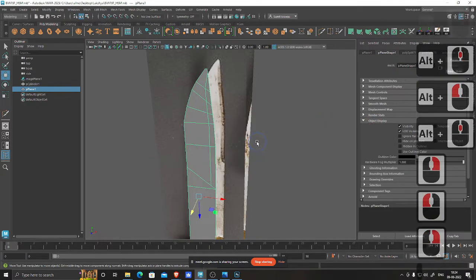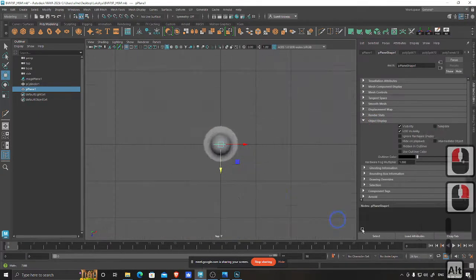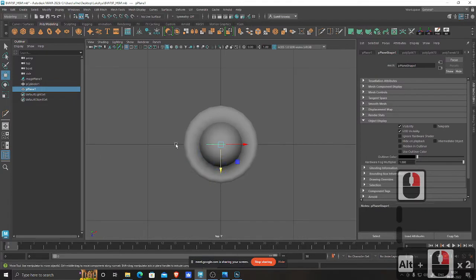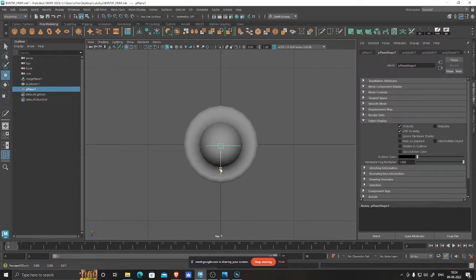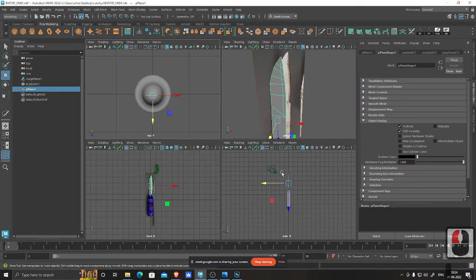This blade, I have to check it from top view. So top view, you can see it's perfectly center. But there is little thickness, so you need to push it slightly off center. Keep it a little extra thick, like in games and movies, unless it's really a close-up shot, we keep it a little thick, otherwise the front and back flicker, so that's a problem. So keep it like that and then